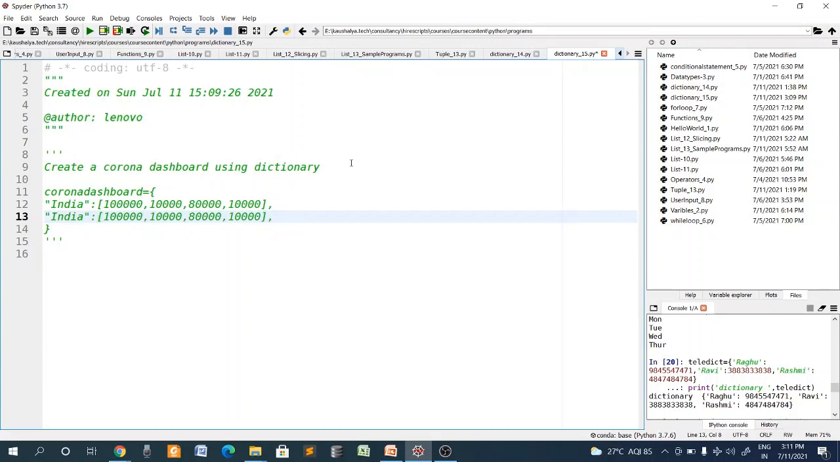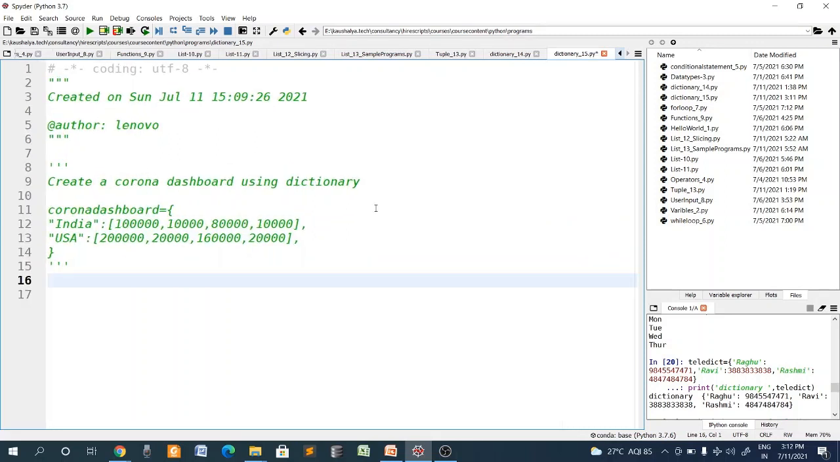say US, and then some value. I will just add 22 to it. Say 1,70,000 or 1,50,000, and then 20,000. Like this, we can dynamically create a dictionary in this way. So let us see how we create this. Again, we will get the user inputs and then we will start. So first we will ask the user how many countries' information